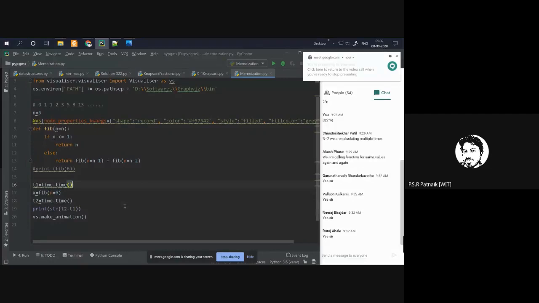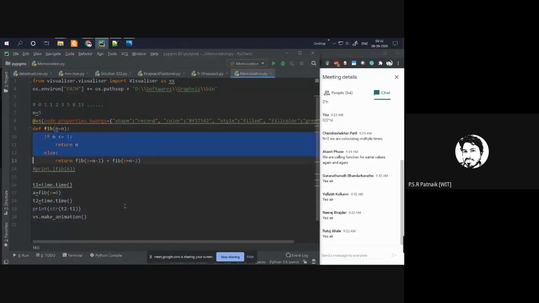See, every time I am calling this method again and again, I should not call it. So if I find somewhere that Fibonacci of, say, 4 is already calculated, then I need not calculate the recursion stack again and again. So for that, what will we do? Let us check for that. Fine. Whatever optimization I want to do, I'll have to do in this highlighted block of code. And what we're going to do is called memoization. So in a nutshell, what is memoization?